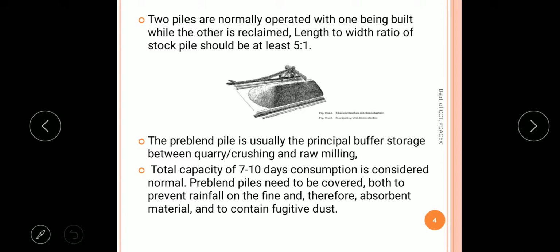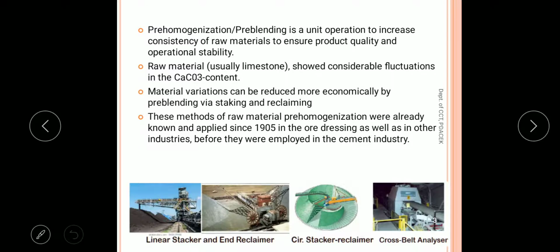Limestone is stacked in this way, because the limestone which we get from the quarry will have a varying percentage of CaCO3. Sometimes the argillaceous raw material is also made to undergo this stacking and reclaiming, or pre-homogenization method, and siliceous material will not come under this process. And if you are using granulated blast furnace slag as a raw material, then that also has to undergo this pre-homogenization method. Okay, I hope you are clear why we do pre-homogenization.